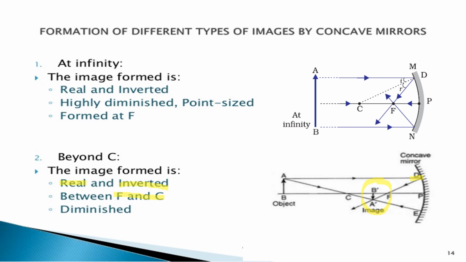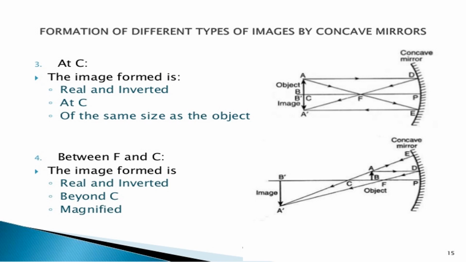Okay. Then going to the next one, here we have taken the object at C, at center of curvature. So when we are taking the object at center of curvature, we'll draw two incident rays, one ray parallel to the principal axis, the other one going through the focal point. Then again, you remember the two rules. When the incident ray is parallel to principal axis, the reflected ray should go through the focal point. When the incident ray is going through the focal point, the reflected ray should come back parallel to the principal axis.